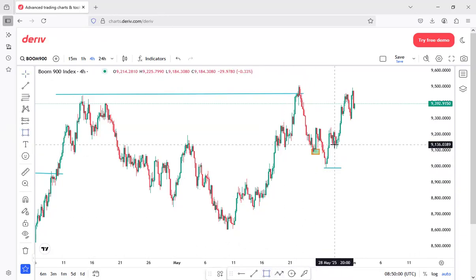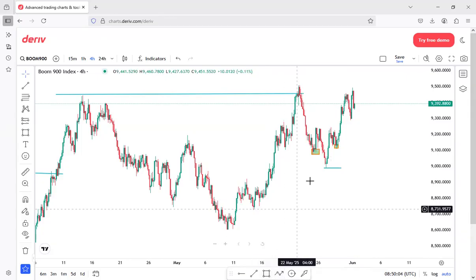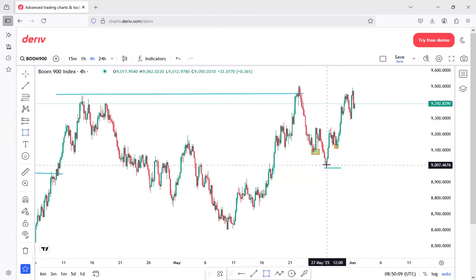This is your right shoulder. This is your head. You see it? This is your head, this is your left shoulder, this is your right shoulder,